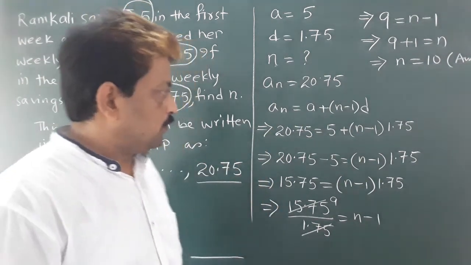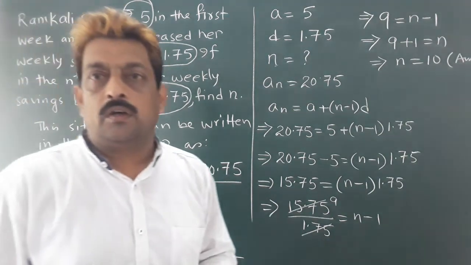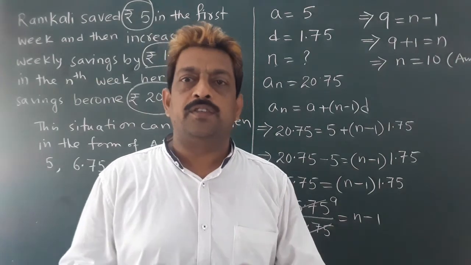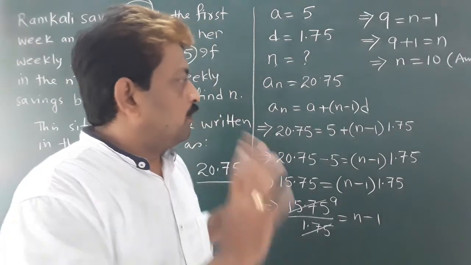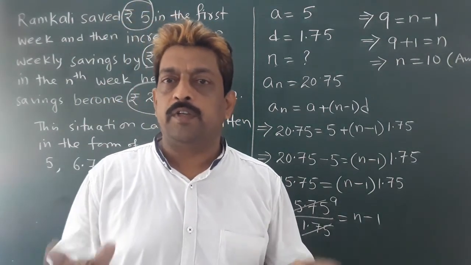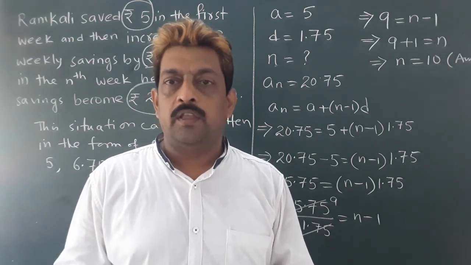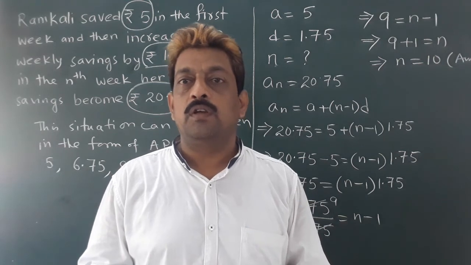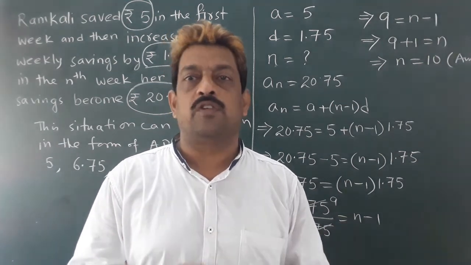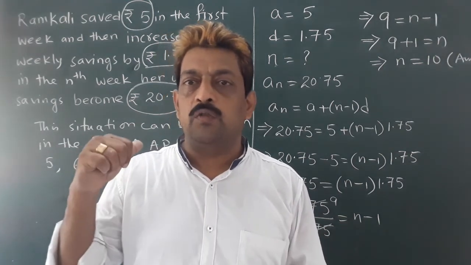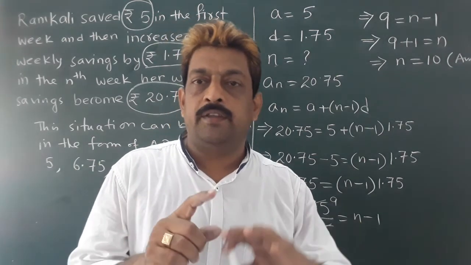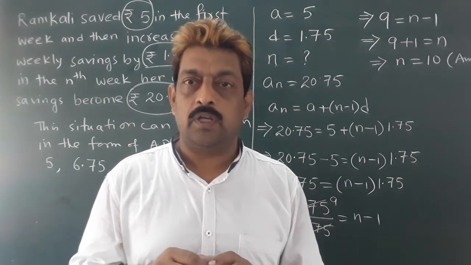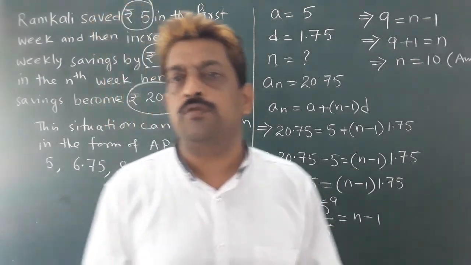Okay. So these problems based on the general term of an AP and general form of an AP are over now, because we have done so many sums. In the next session, we will solve problems based on sum of n terms of an AP. Here we have calculated the nth term, and there we have to calculate the sum of n terms. Okay, so there is a particular formula to do that.